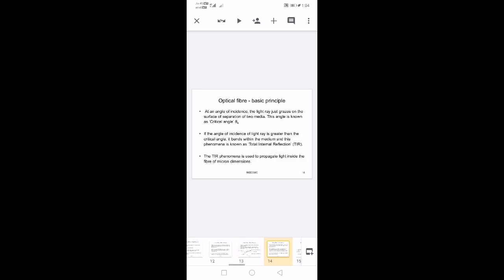Whenever theta I is greater than the critical angle, the light will not move to medium 2; it will completely go into medium 1 only. So we call it total internal reflection. When the angle of incidence of light is greater than the critical angle, it bends within the medium, and this phenomenon is known as total internal reflection, and it is used to propagate the light inside the